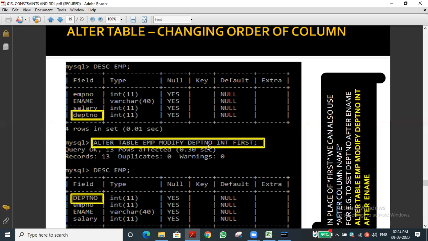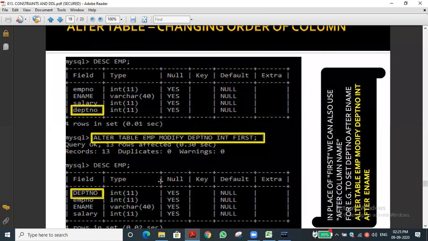Then department number, INT, that is the data type, because department number is an integer. Then FIRST is a command, where it should be displayed. FIRST means permanently, hereafter, department number will be the first column or first field. Have you got it?